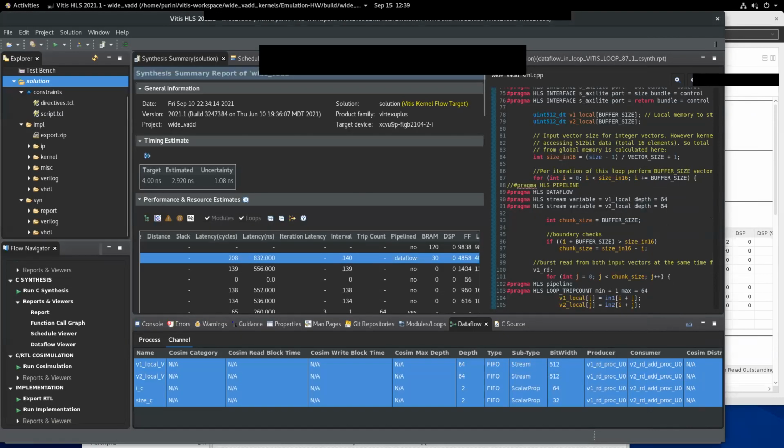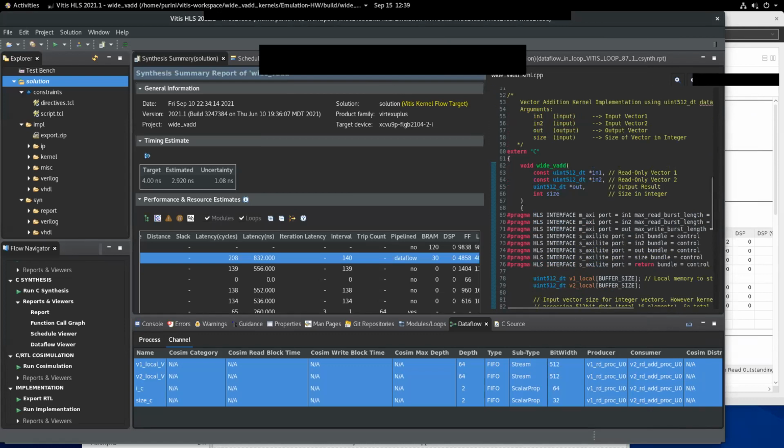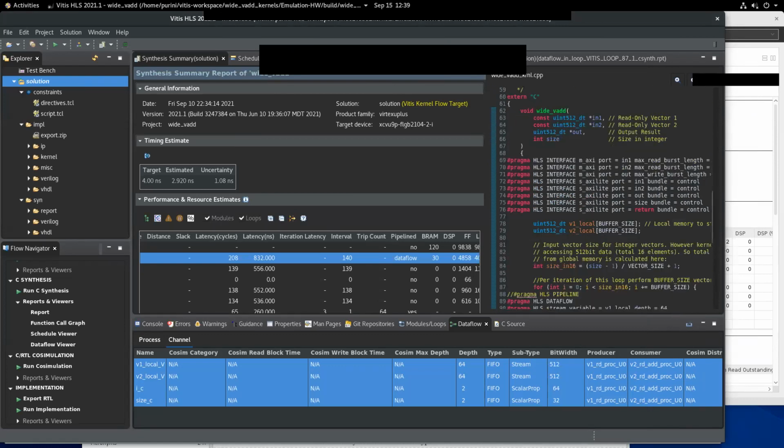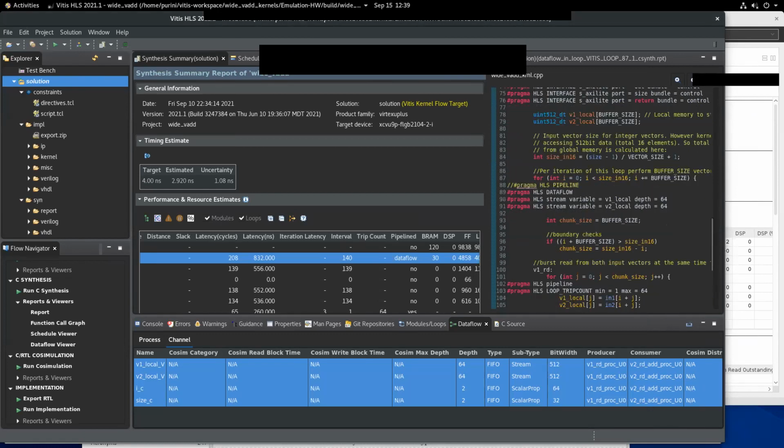I'm not able to use that, but anyway, so let's see. This is the wide function we have seen in the last class. There is an outer for loop which encapsulates the whole computation.